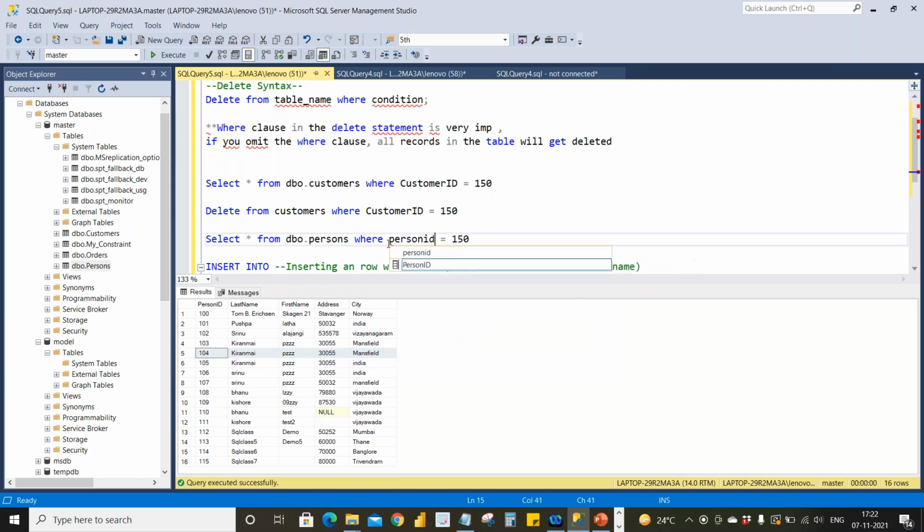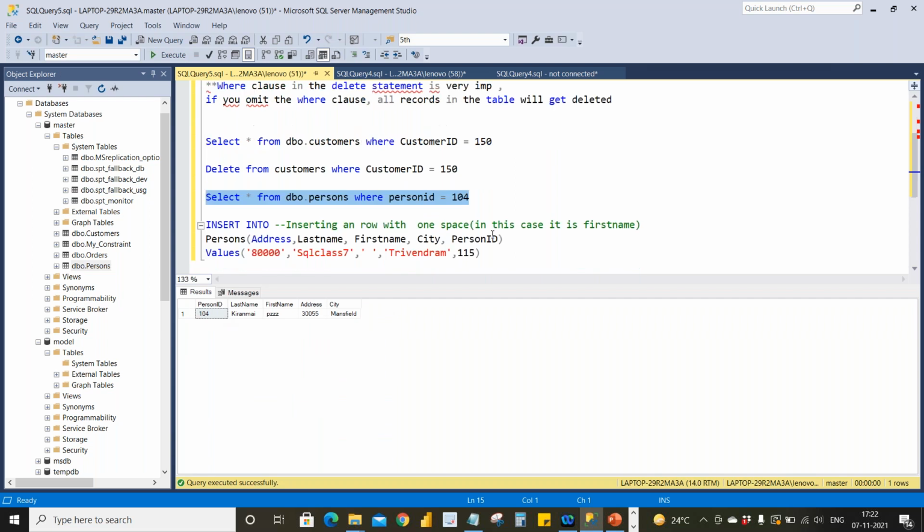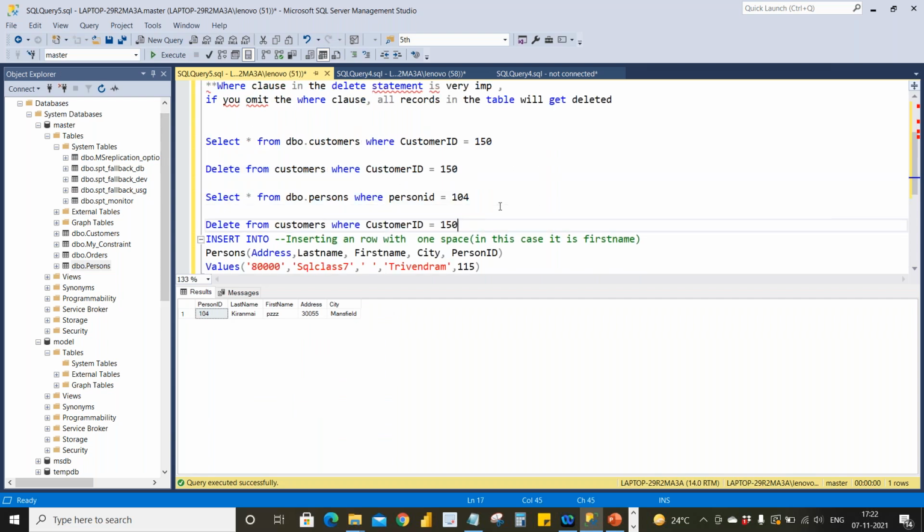Person ID 104, I am getting 1 row. I want to delete it. Delete from dbo.persons where person ID is 104.